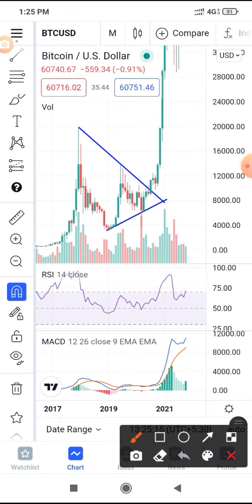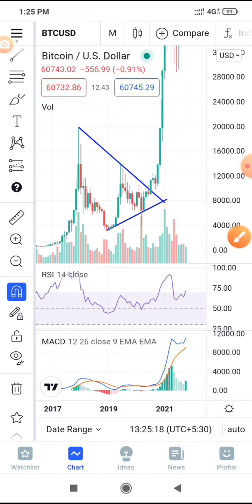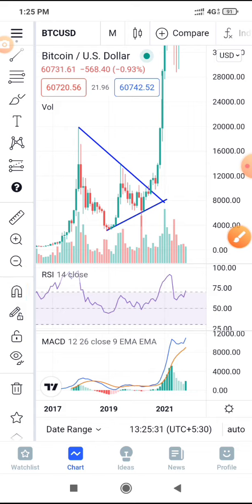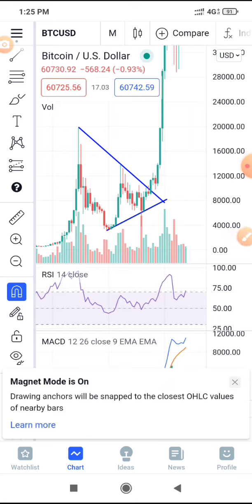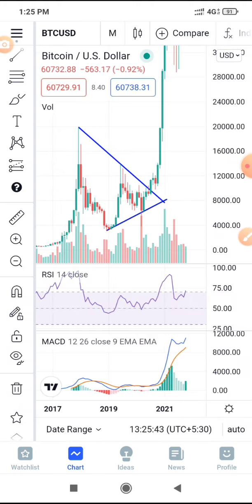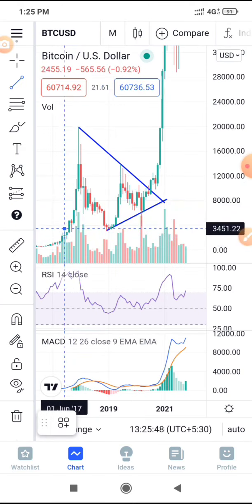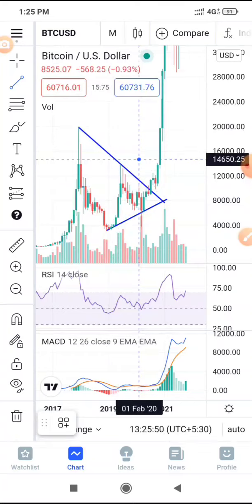Apart from that, you can also use the main tool that I use most often, which is already always switched on, like this, there is a magnet tool. Okay, so this magnet tool allows me to select the low point and high point of the candle. When this is not selected, I have to go and manually place the trend line from the low and high values of the candle.